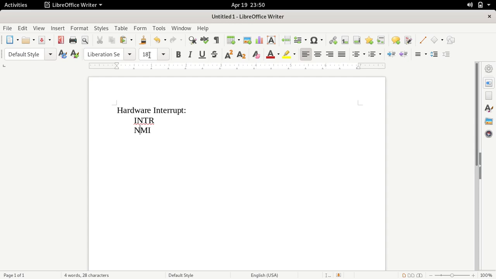So there is difference between the interrupts that are coming on INTR pin and the interrupts that are coming on NMI pin. So the interrupts which are coming on INTR pin are called as maskable interrupts, and the interrupts which are coming on NMI pin, they are called as non-maskable. So non-maskable means they cannot be enabled, they cannot be disabled. Okay, and the interrupts which are coming on INTR pin are maskable, means they can be enabled as well as disabled. So how we can enable or disable the interrupt that are coming on INTR pin? So for that there is one flag present in flag register. Name of that flag is IF flag. IF stands for interrupt flag. So this is about hardware interrupt.